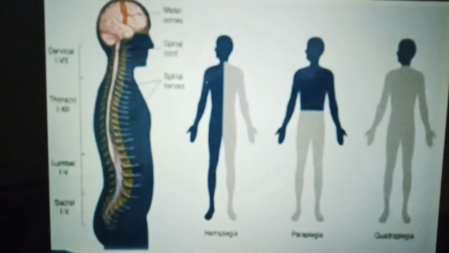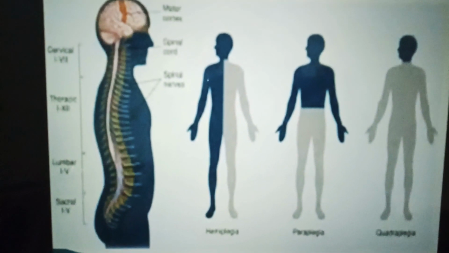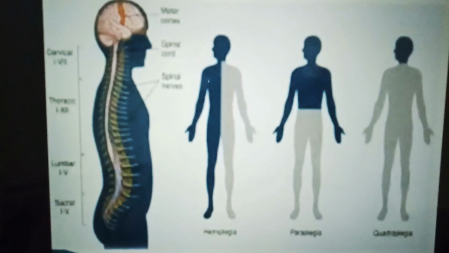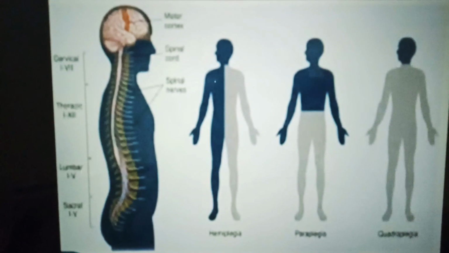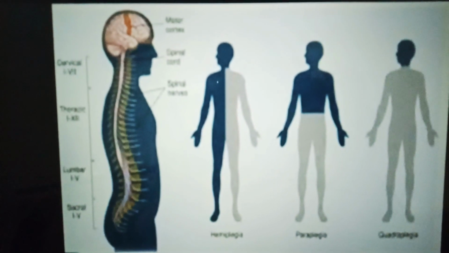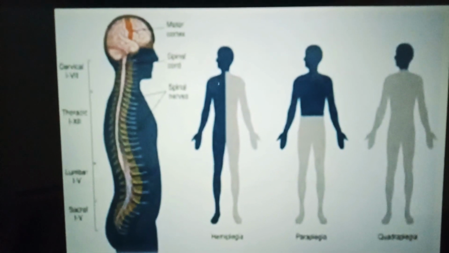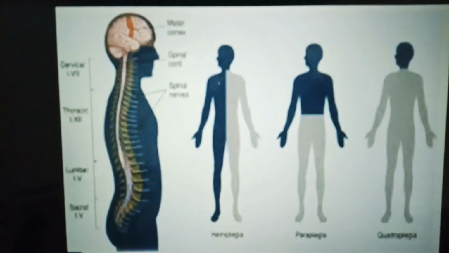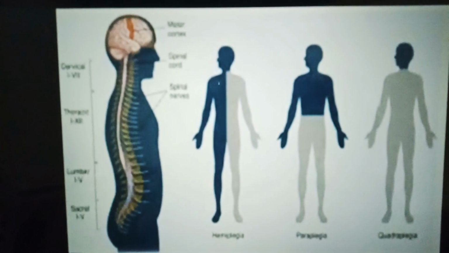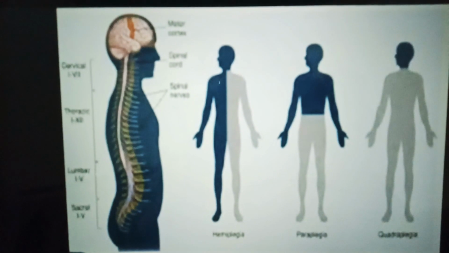And now I will describe about paralysis. Paralysis is the complete loss of function by one or more muscle groups. It is most dangerous one, and it is caused by damage to the central nervous system that comprises of brain or spinal cord. The damage may be due to